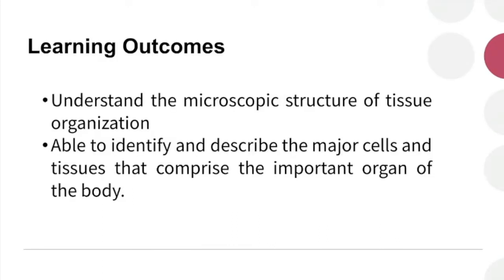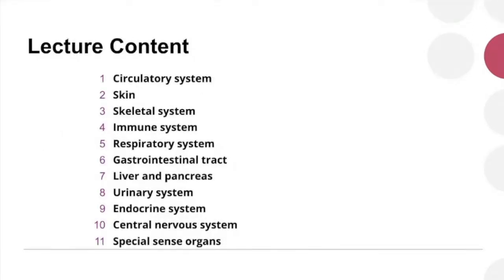So the learning outcome is just to understand the microscopic structure of tissue organization. It's not just to understand, but maybe you can have a brief overview of different types of cells or tissue that made up our organ system. And you are able to identify and describe the major cells, the primary tissue that comprises the important organ in our body. Okay, so the lecture content, I pick not all, but several important organ systems that we are going